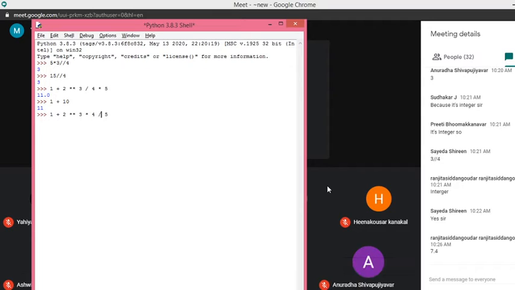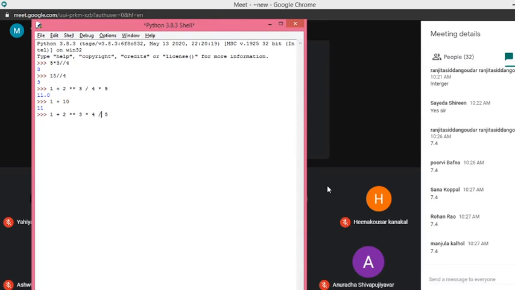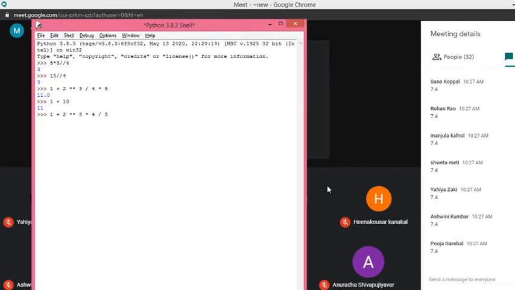7.4 is the answer from Ranjita. Okay, what about others? Again 7.4, 7.4, 7.4, from Purvi, Sana, Rohan, Manjula, Shweta, Ashwini, Sadia.